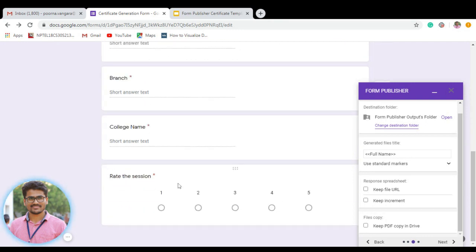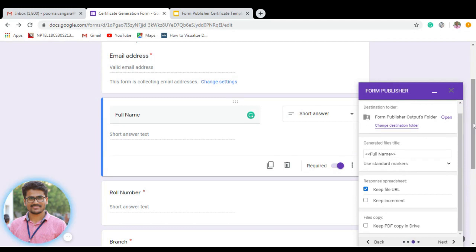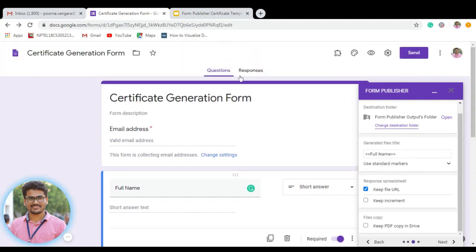The last column would be rate the session. If you want two more columns, like keep file URL, that means whatever file is going to be generated, you can insert that particular file URL in this responses spreadsheet.